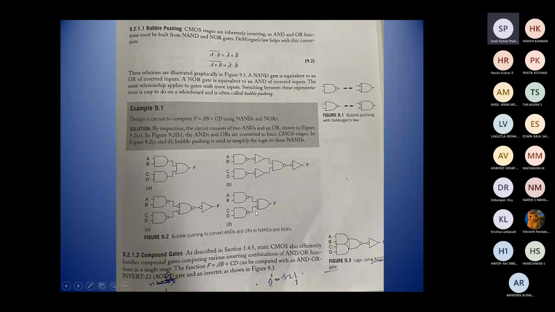Okay, three NANDs, because this is one NAND, this is another NAND, this is another NAND. So the three NANDs constitute the output. Okay. So this is actually the way we can design or compute